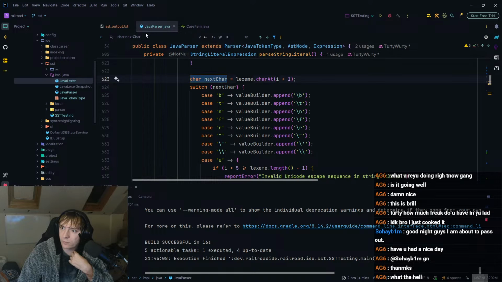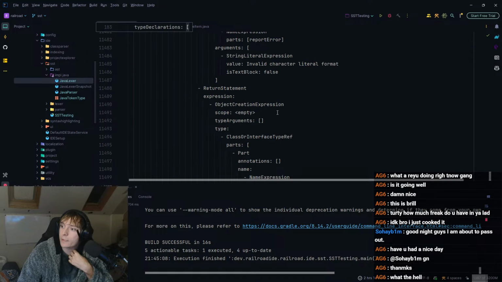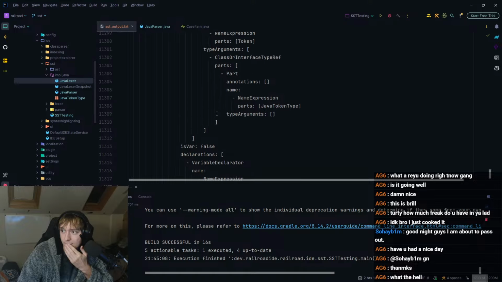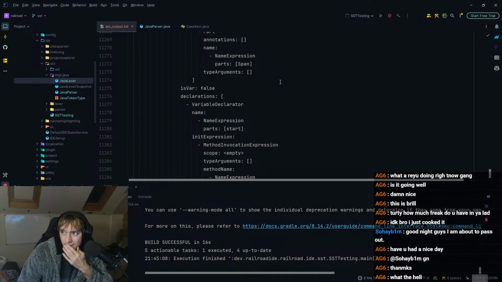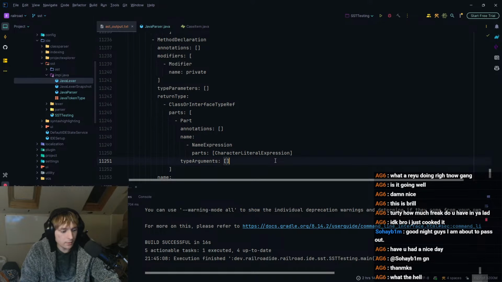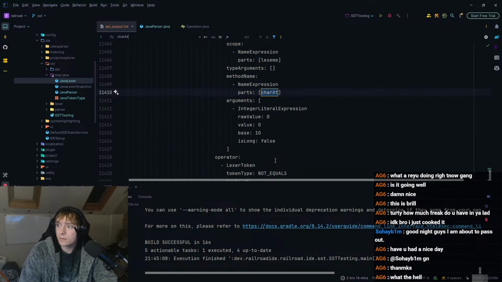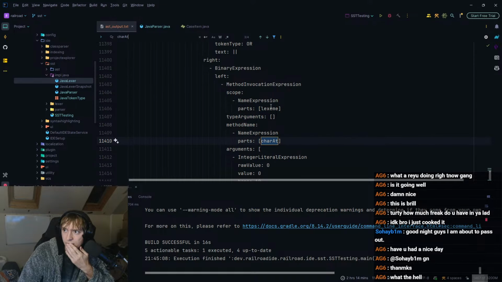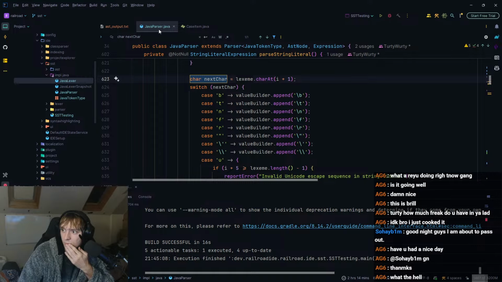I think we have to be. That's 623. So if we go up a little bit, it's kind of hard to figure out exactly how far. Let's find char at, and that'll be roughly where we are. So that's lexium.char at.